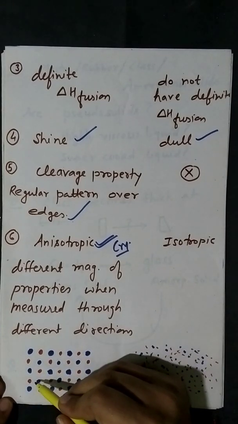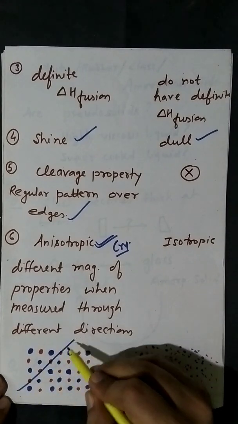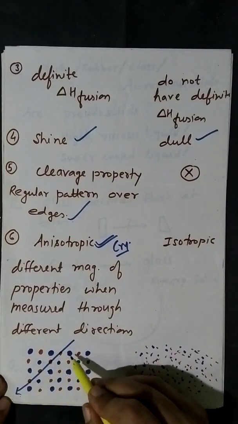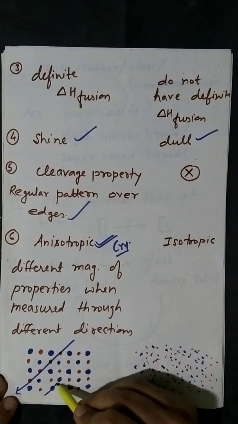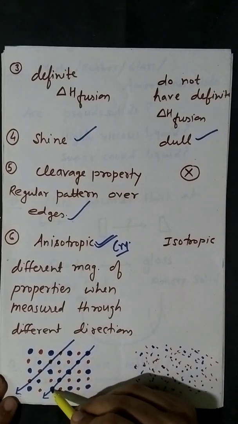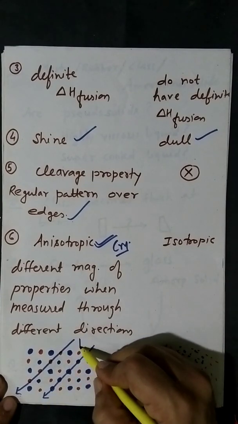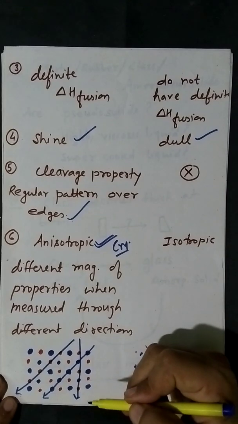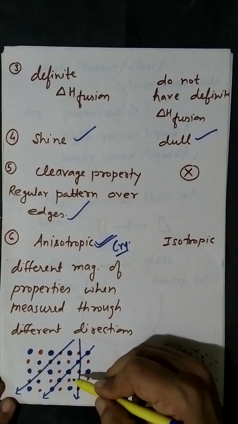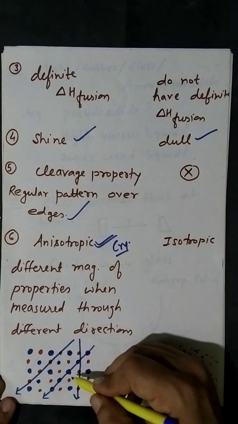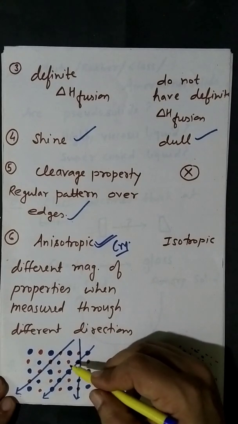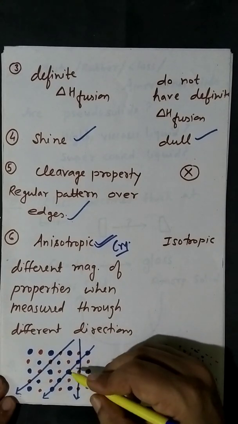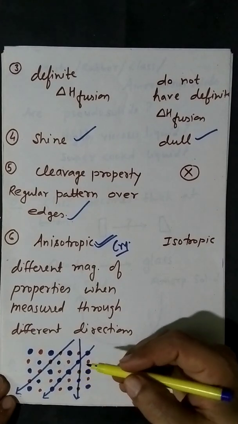Now suppose we are calculating refractive index through this particular direction, and you can see only one type of particle, red particles, lying in this direction. And if you measure from here, again only one type of particle, blue particles only. If you measure from this direction, it is 50% red particles and 50% blue particles. When the particles change, their size changes, their density will change, and therefore the magnitude of the refractive index will also have a different value. The density will have a different value.